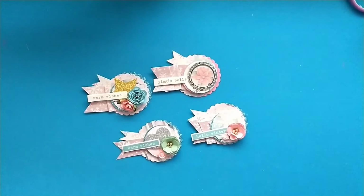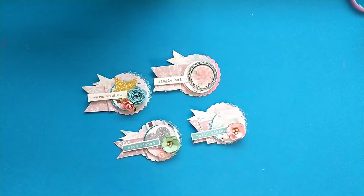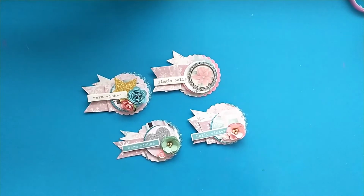Hey crafty friends, I'm coming on with another fun craft with me for Christmas in July, and this time we are going to use up some of our scraps, embellishments, and things that we have lying around in our craft room. So I am using